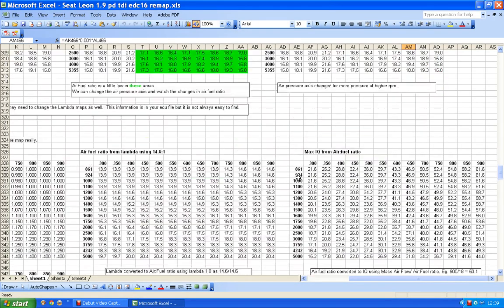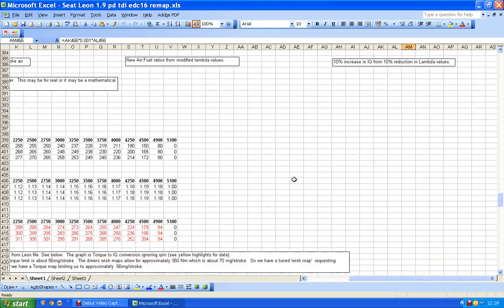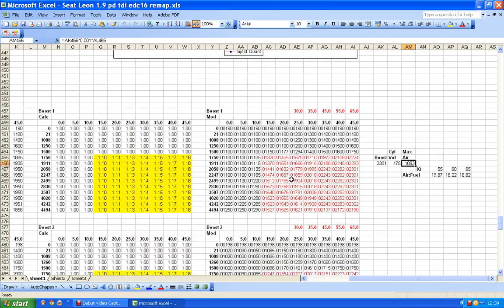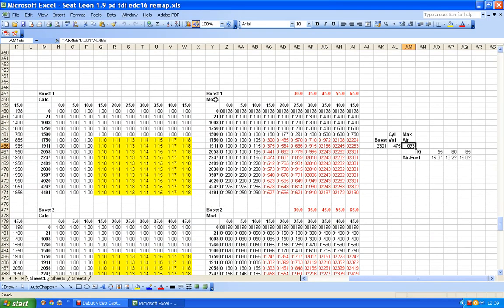Okay, in the last video, I'm just scrolling down through here, I was looking at the boost maps and I decided that I'd get enough area if I made these changes to the axis and made these sort of changes to the main map, and there were the increases I was using. I'm not saying that these are the correct figures to use, I'm just saying that these would be worth considering